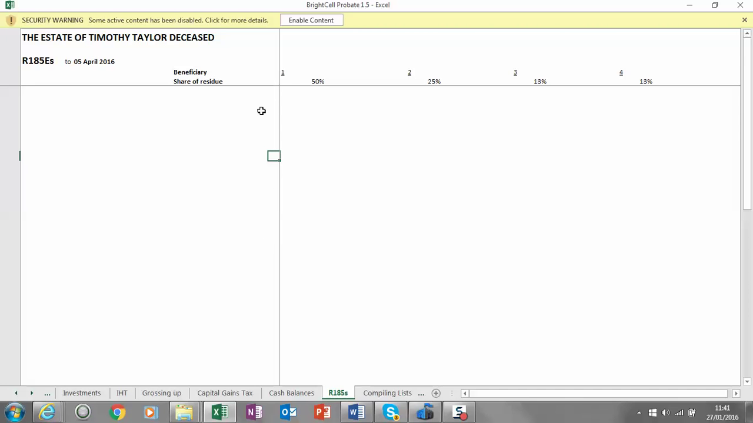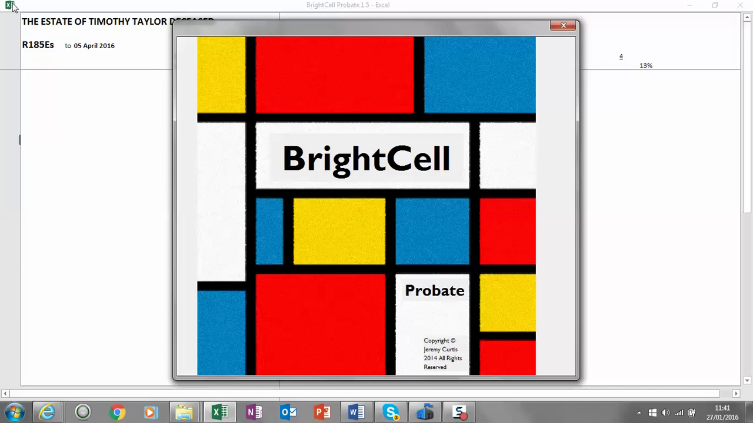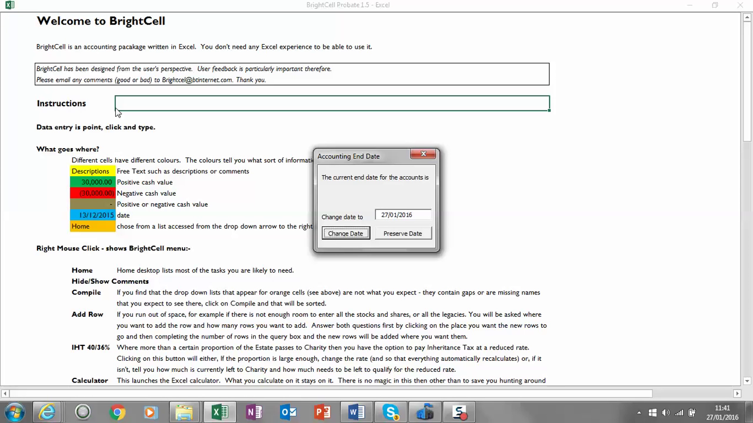So first of all, we're getting a security message. We've got to enable content. This is just Excel. I've got the clues up here, and it's got some macros in it, which is why we get that message. So the first thing that happens is we come up to the sort of landing page,